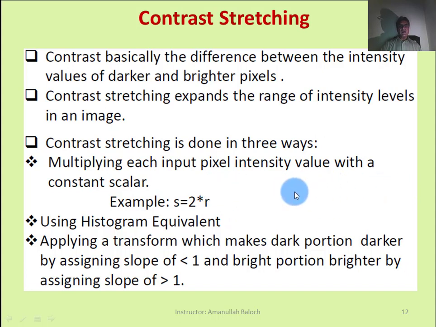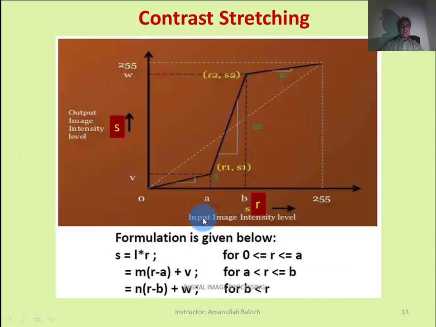That is, all the pixels are equally distributed between 0 and 255. Then this is called histogram equalization. We will discuss this in detail. The third is applying a transform which makes the dark portion darker by assigning a slope of less than 1 and the bright portion brighter by assigning a slope of greater than 1. These are the 3 techniques. We will discuss this technique in detail.